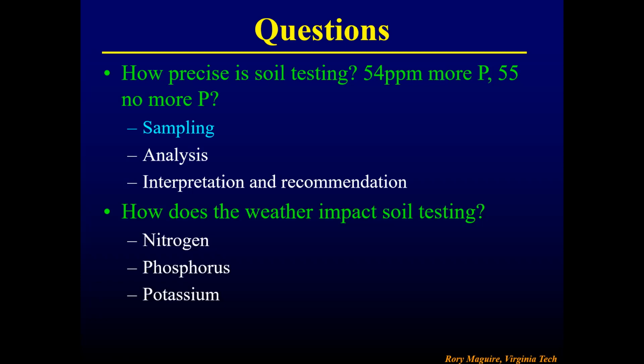Phosphorus is held very strongly by the soil. That's why it accumulates near the soil surface. In no-till, you can have it twice as high in the top inches as below that, or even more. Potassium is again held very strongly by the soil through the cation exchange capacity. Cation exchange capacity is the negative charge of the soil, and potassium has a positive charge, so it's held fairly strongly by the soil.